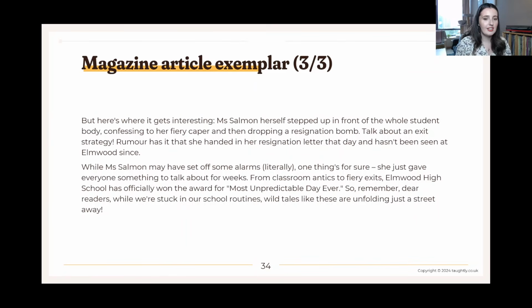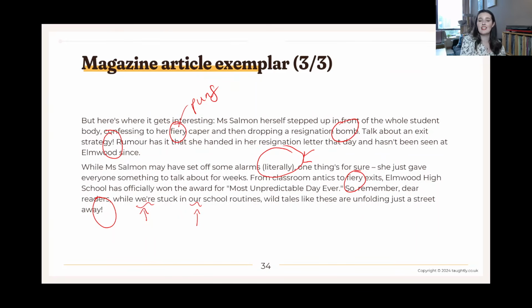So remember, dear readers, while we're stuck in our school routines, wild tales like these are unfolding just a street away. Definitely seems some more semi-formal language now. We've even got exclamation marks too here. We've got a little bit of a joke in the brackets. Some more emotive language like her fiery exit, her resignation bomb, her fiery caper, so some more puns as well. And once more, a nod to the audience. We are stuck in our school routine, so that's definitely creating that sense of I am a student at the same school as you, we're all